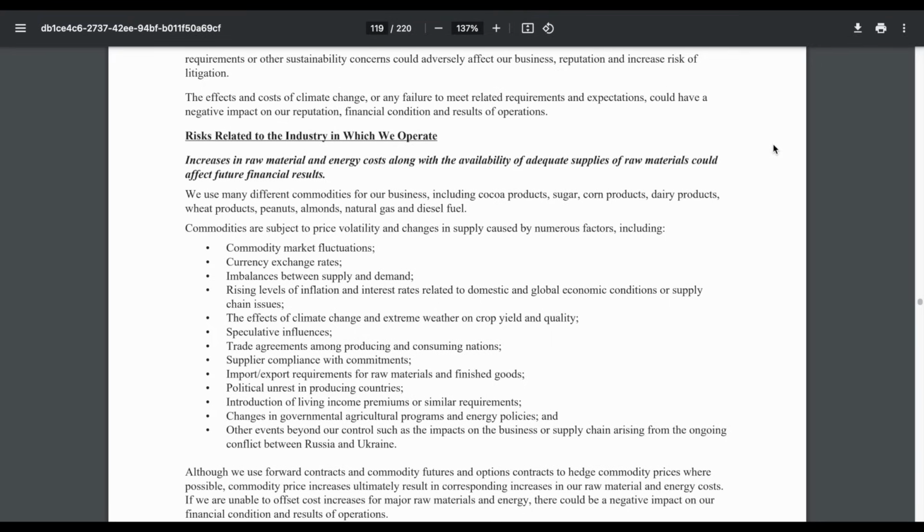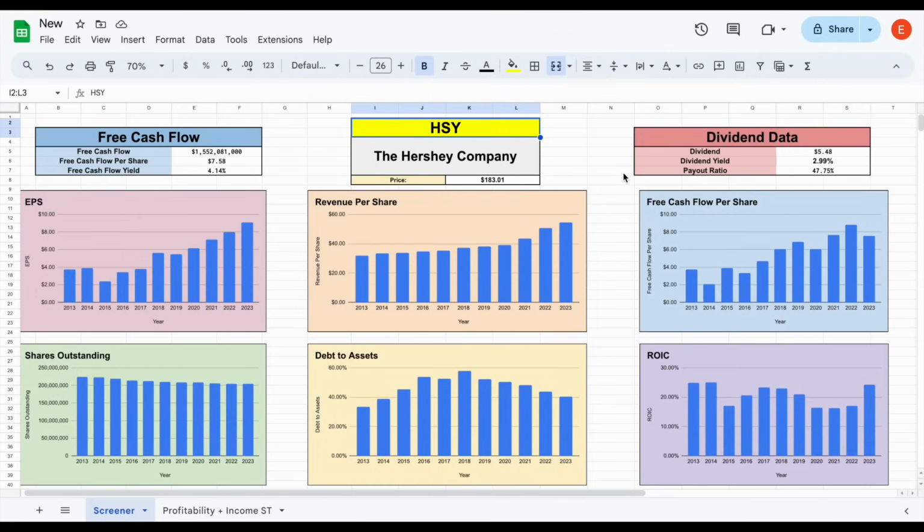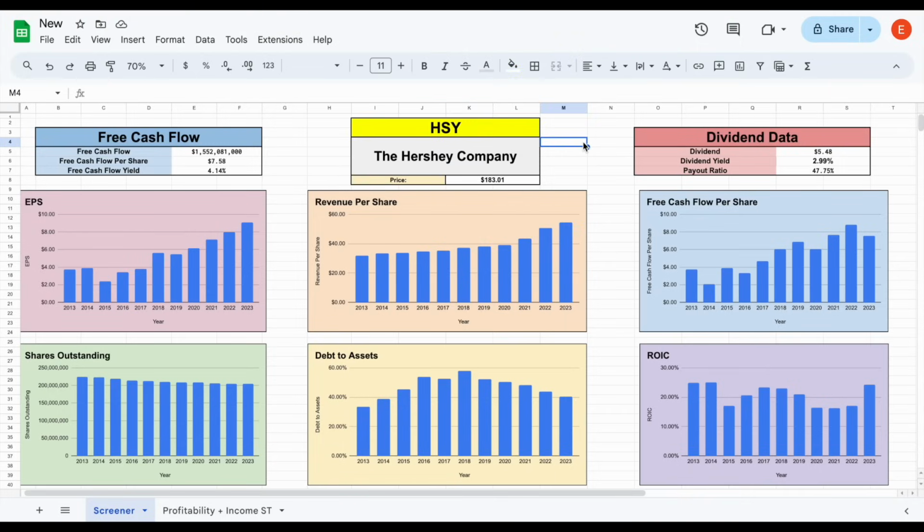Now, if we go ahead and jump over to the stock screener tab, let's plug in HSY and hit enter. We can see again, all this data will automatically load in thanks to the help of the ticker data add-on in Google Sheets. But overall, just off a quick glance, the reason I like this stock screener is we can immediately see a lot of the metrics that are important to me as an investor, and for the most part,